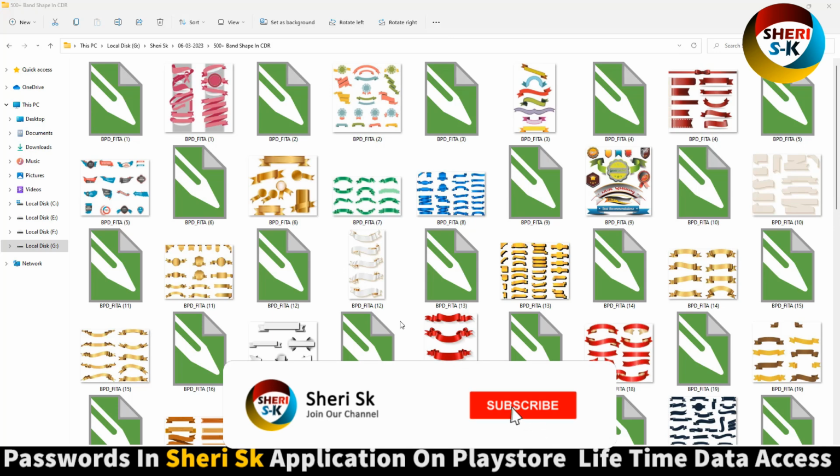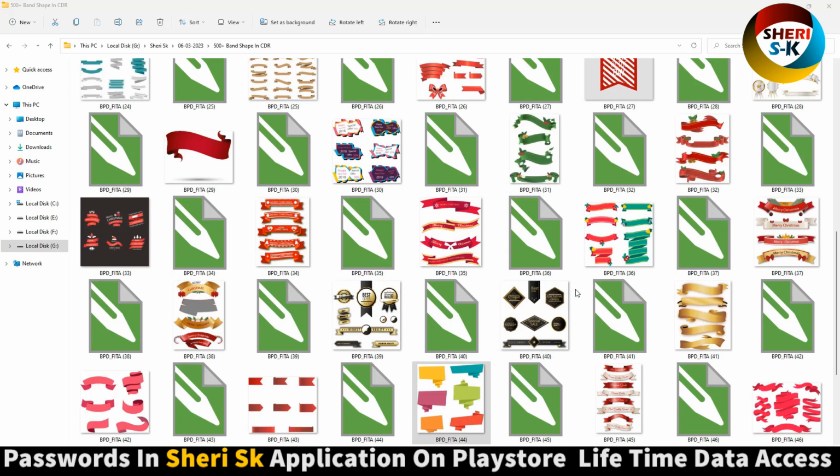Assalamu alaikum friends, I hope you're quite well, and here is 500 plus band shape in CDR file, but these